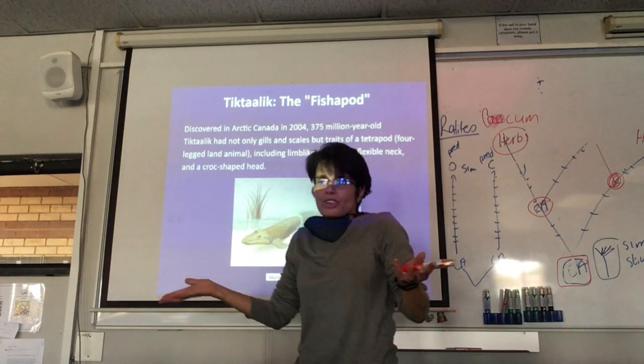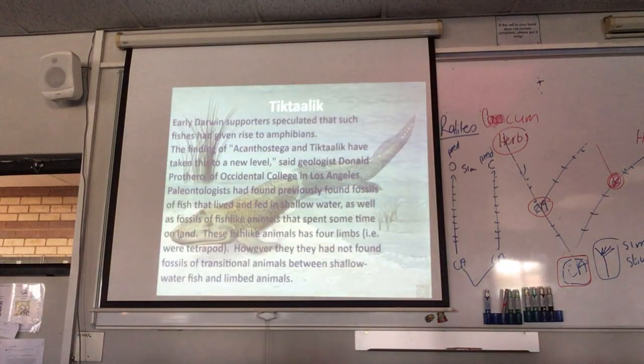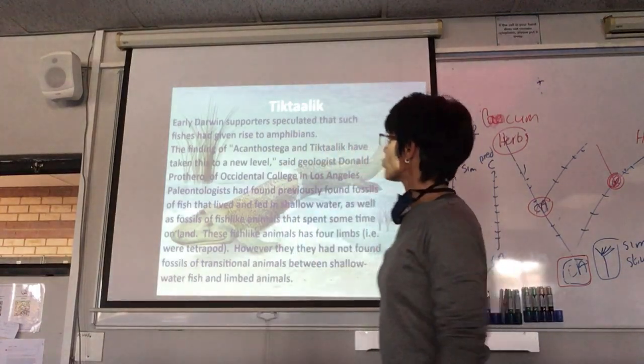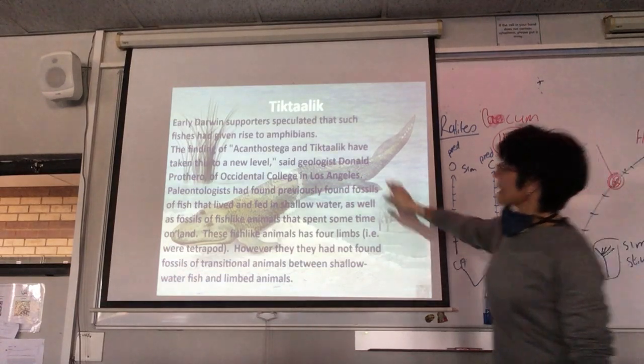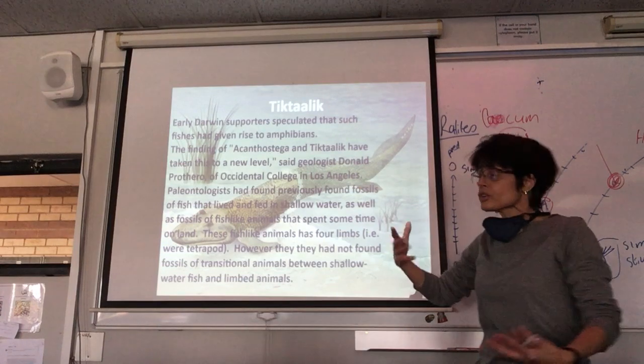They can move their necks, which obviously fish can't do. Okay, unless you're Nemo or something like that. All right, so that's Tiktaalik. So he speculated that there must be something out there that's a transition between fish that gave rise to amphibians that moved onto land. All right, and I'm not familiar with Acanthostega, but Tiktaalik, yes, and because we found them,